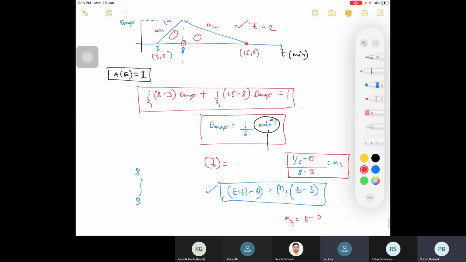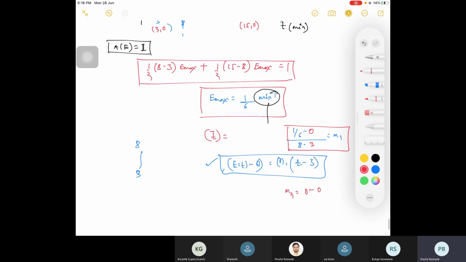Similarly, you'll be having m2 and the other value. So what is your t mean? Sir, it's around 8.7, 8.8. Yes, it is 8.7. How did you calculate, using integration or some shortcut? Integration only, sir. Okay, it is 8.7.